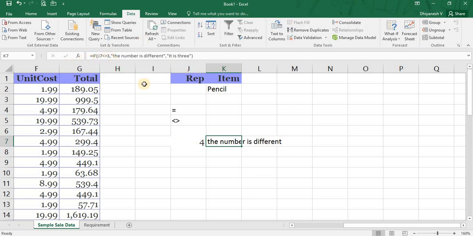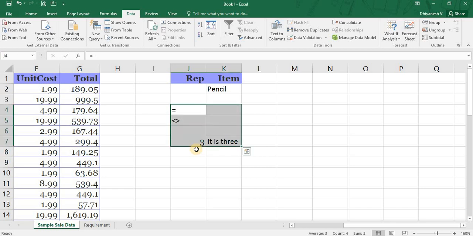J7 is not equal to 3, and hence the true value of the IF condition came out. And if I enter 3 here, the false value of this condition came out. So in Excel, the not equal to symbol is represented by the less than symbol and greater than symbol together.